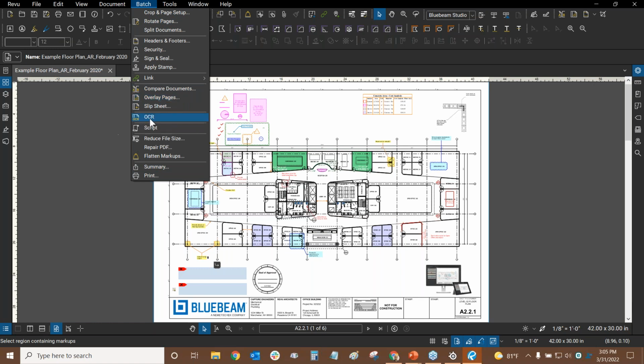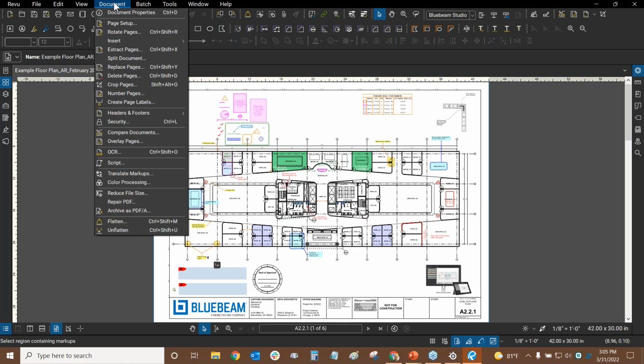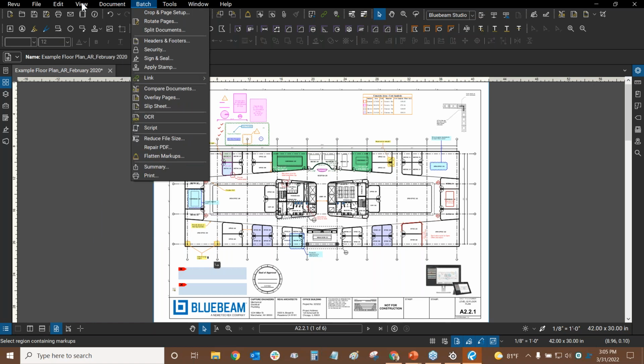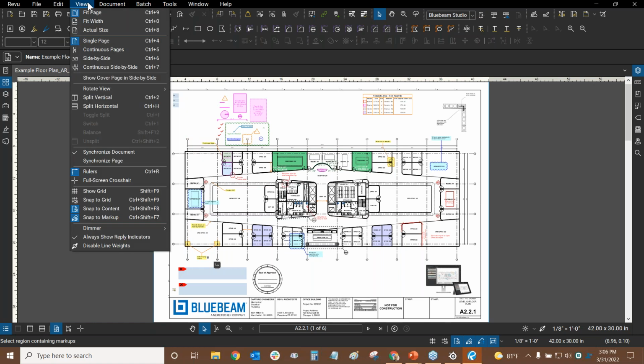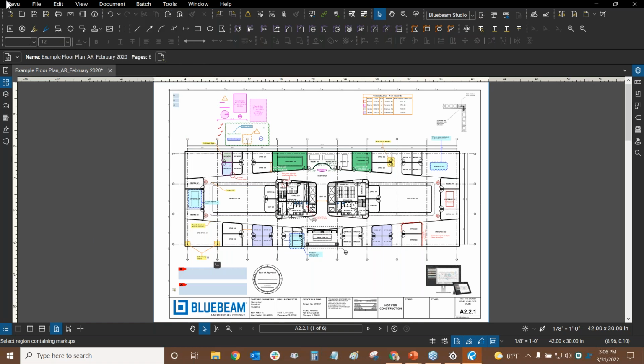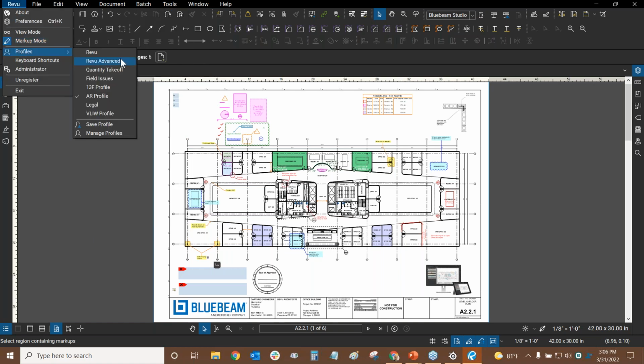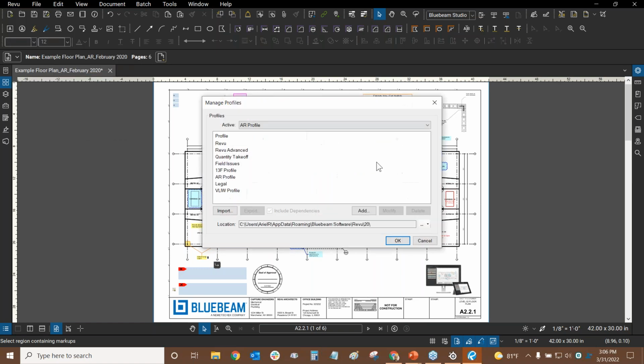Review Standard and CAD are missing about half of these functions. For example, OCR won't be there. You can't use Batch Sign and Seal. The Document drop-down will have fewer things as well. So I believe that's the case. You have a different version and your profile needs to be changed. So like I said, start with Review Advanced, modify it,